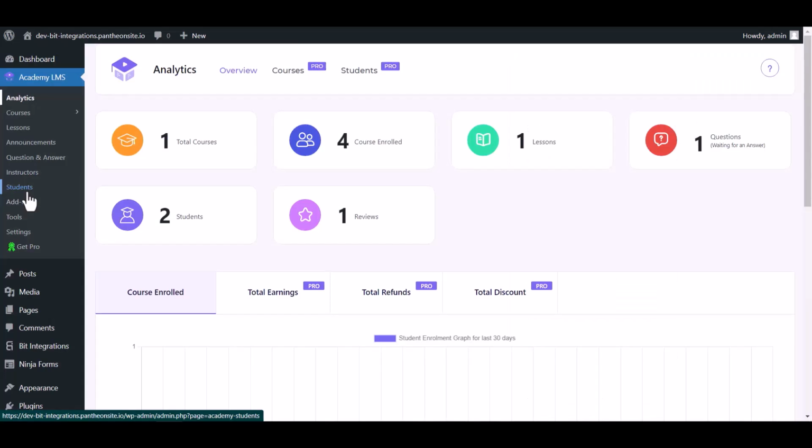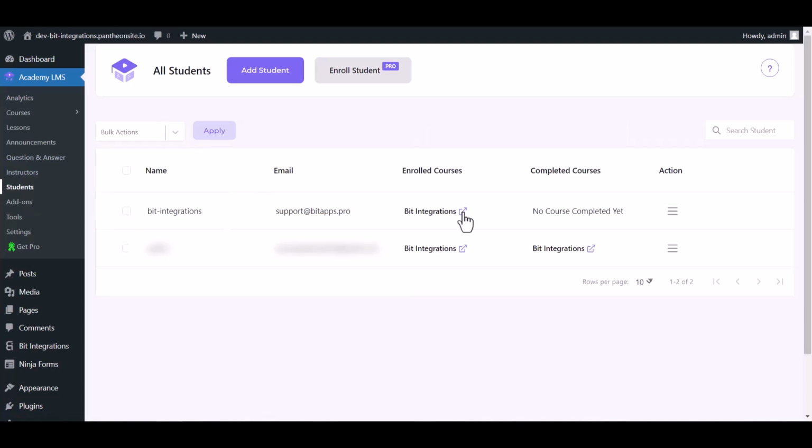Now go to your Academy LMS dashboard. And you can see that another student added to the enrolled course. Go to Student. Here you can see the data came successfully in the